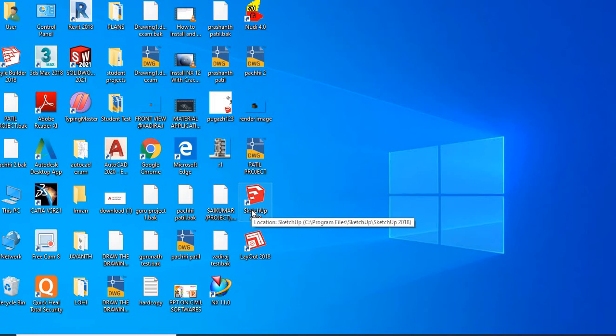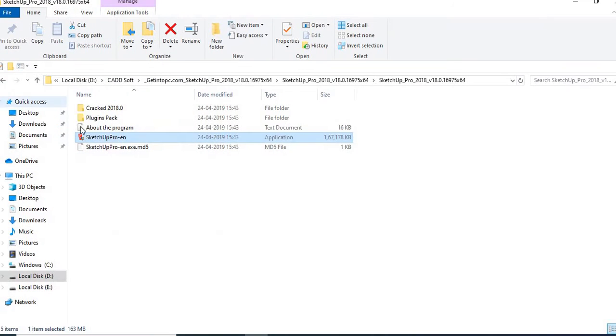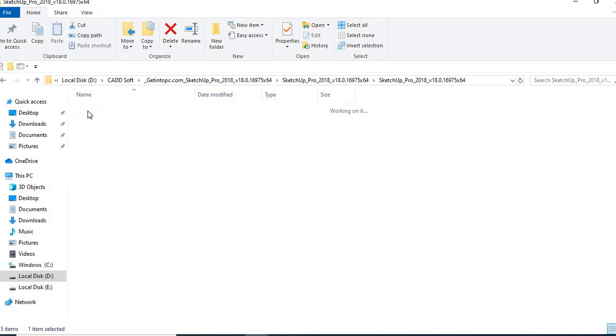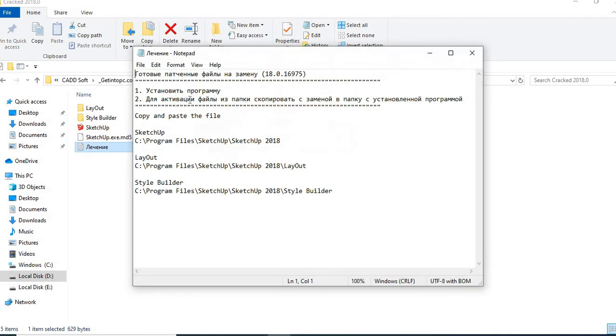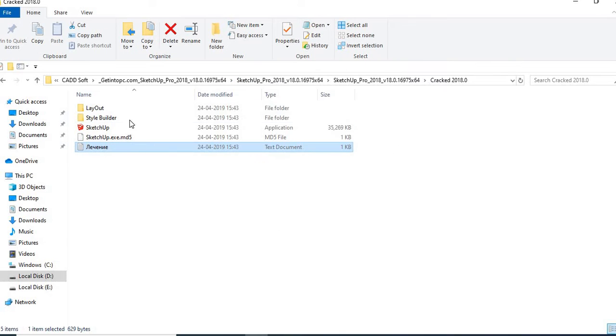Sketchup will be installed, but it is not a cracked version. So if you want to crack the software, go to Crack. And if you want information, select this file. This is the procedure for cracking the software. So select the logout, go to C, Program Files, Sketchup 18, logout. This is for the cracking procedure. So select logout,